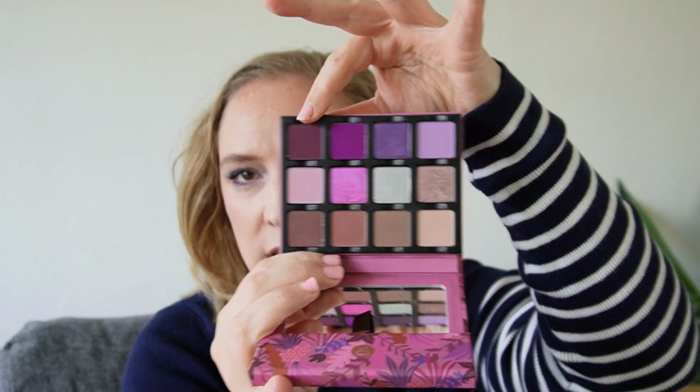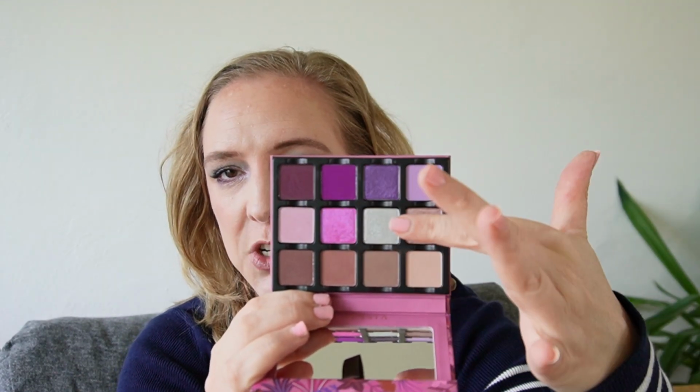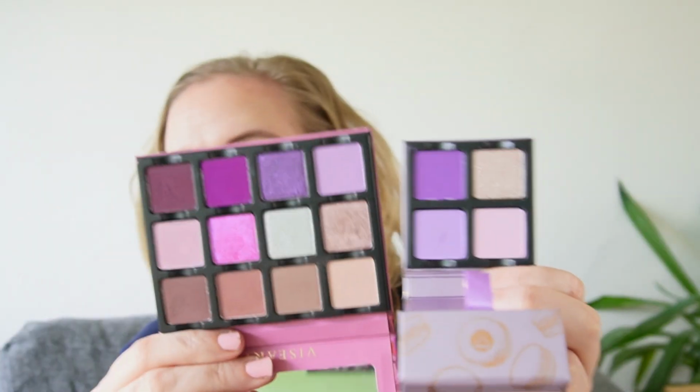Chef's kiss. You get some brighter pops that are more cool tone leaning purples, and also these shimmers are all a little bit more cool tone leaning. This is really pretty, but it's been discontinued. And I also feel, let me put it side by side as I just mentioned, I like the Lavande together